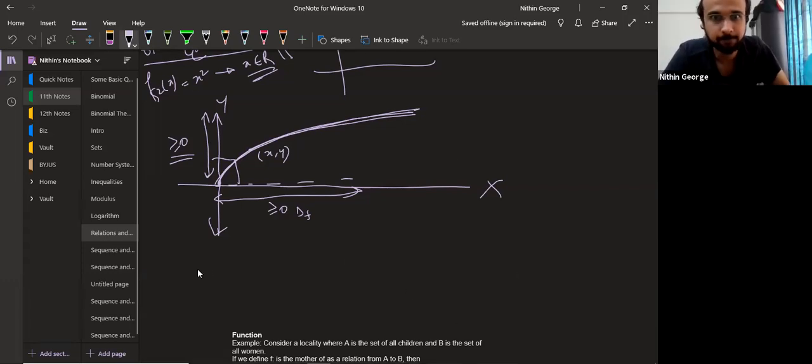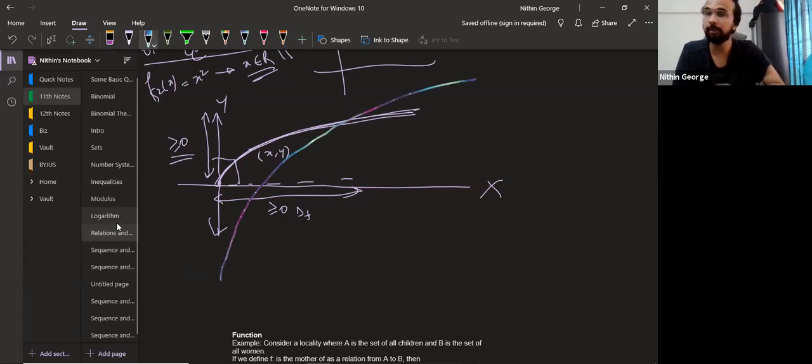Got it. Right. So the next graph I would like to draw is the log x graph. So log x to the base e is what I wanted to draw. So that will go like this. Okay. So how do you find the domain and range here? Guys, come on. How do you find the domain and the range here?